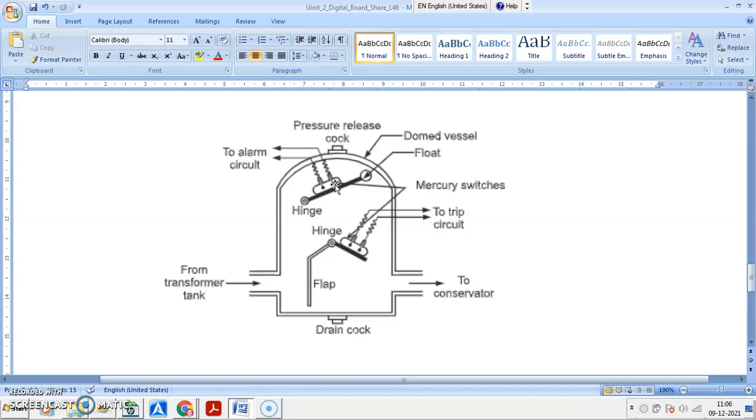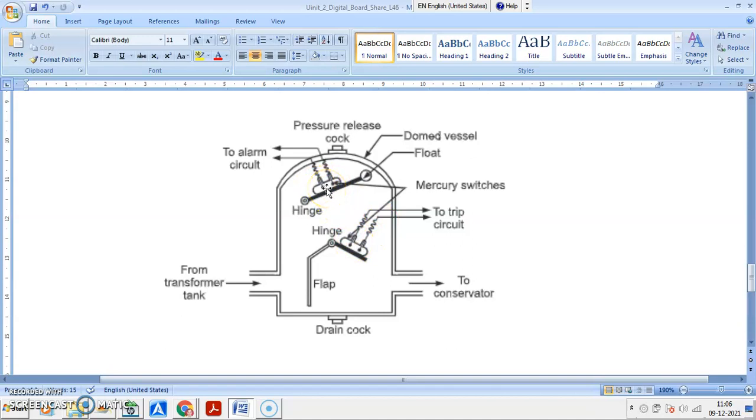Mercury is a metal, it is a conductor, and it is in liquid form. So these are the mercury switches. Whenever you have this fault or abnormal condition, the mercury switch